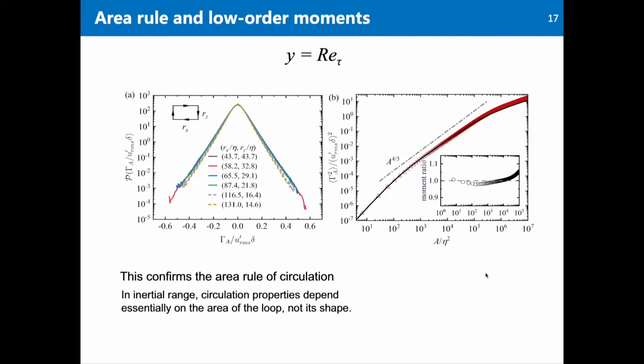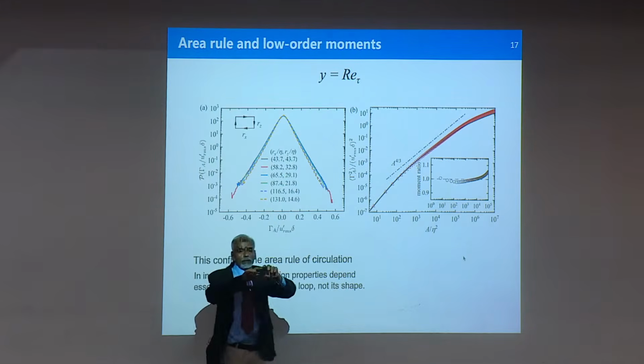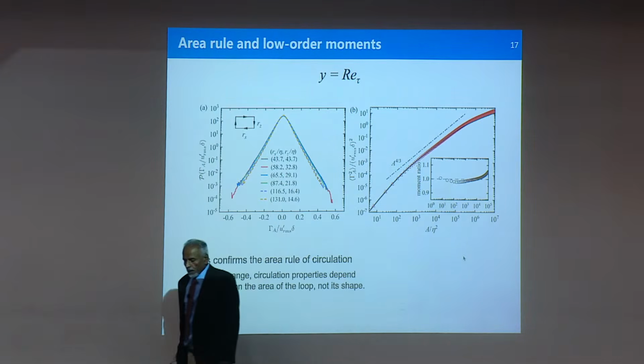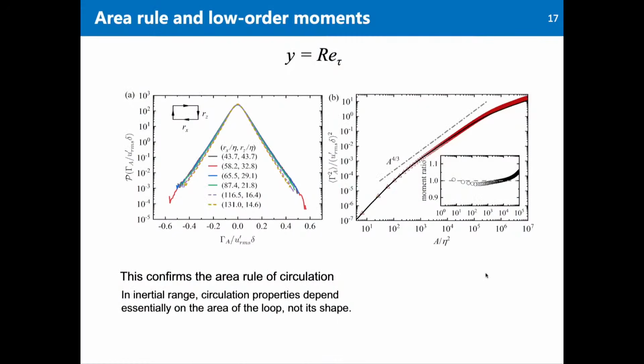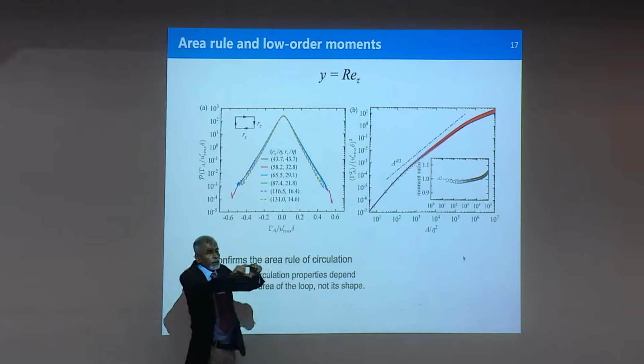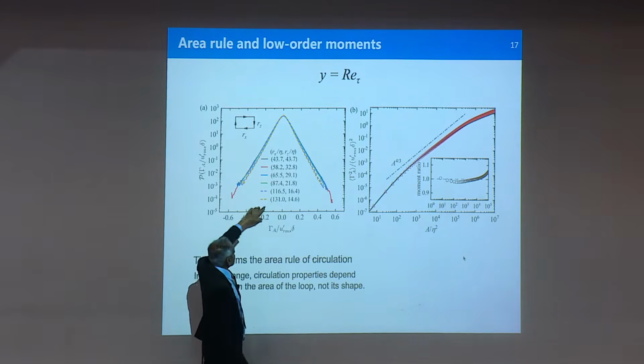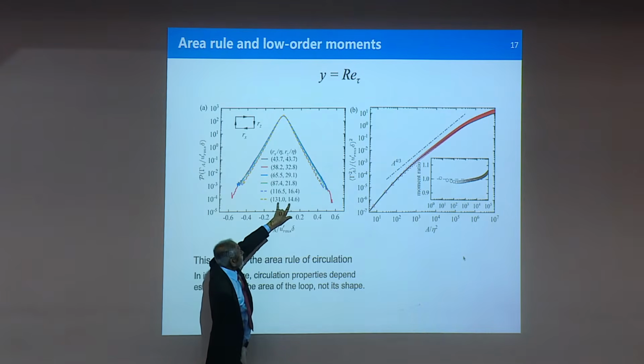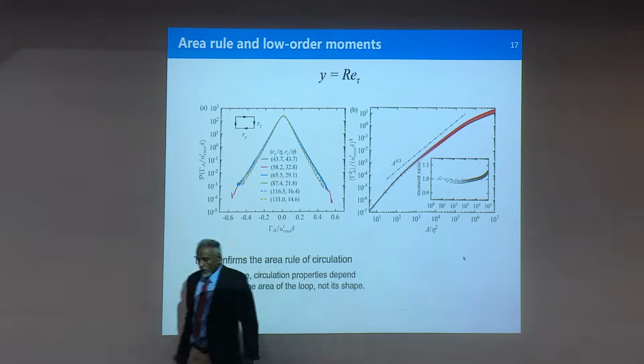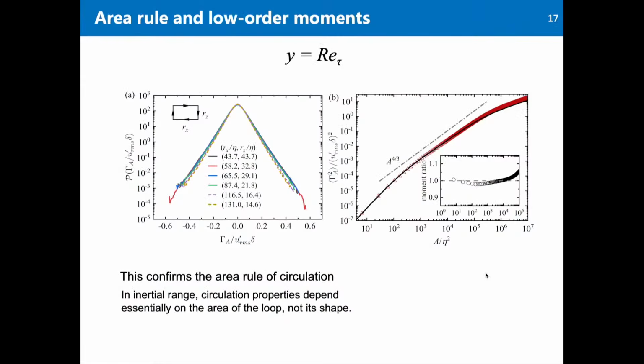And if you go here, it is now a rectangle which is about 10 times in one direction compared to 1 in the other direction. Except for this, which is now already a very long, elongated thing, you can see that everything else collapses on each other. So this simply says that one of these scales lies outside the inertial range, and therefore you cannot consider that. So basically, I will ignore that for now because I've already gone through this in the wall-free case, but it confirms again whatever we saw